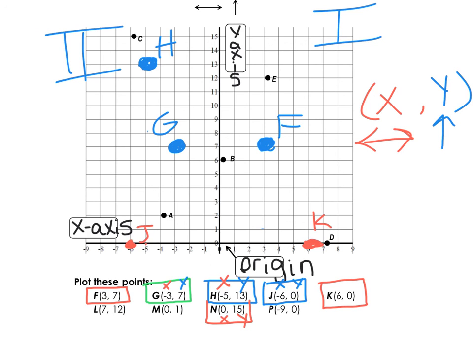I'm not going to go left or right. I'm neutral. I'm going to stay right here in the middle. But my y is telling me I need to go up 15. So 1, 2, 3, 4, 5, 6, 7, 8, 9, 10, 11, 12, 13, 14, 15. So point N would be right